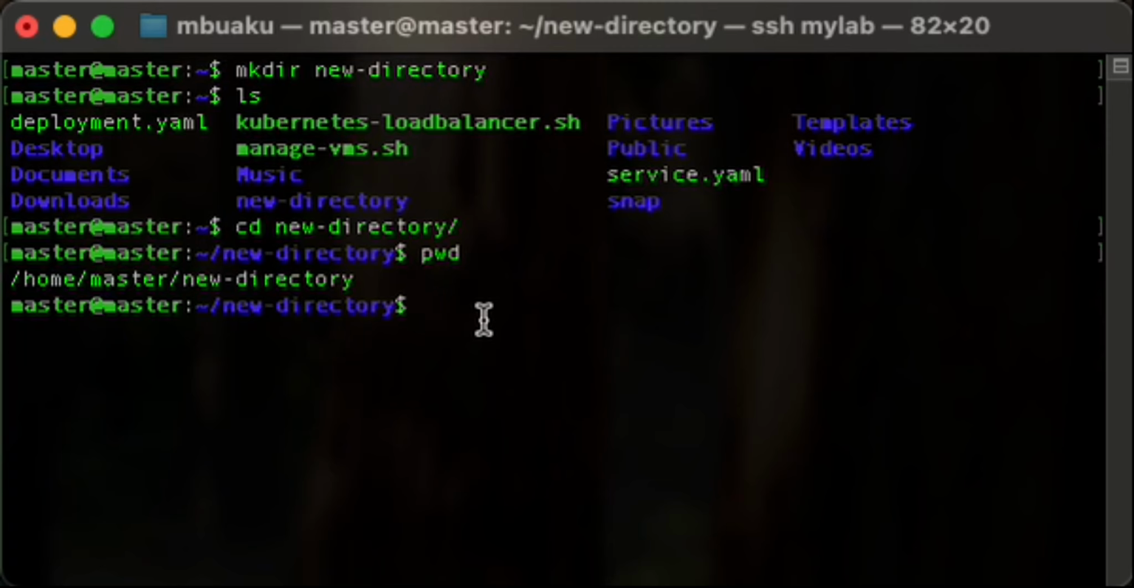How do you create files within this directory? There are many ways. I'm going to use the touch command. With the touch command, I can create multiple files at the same time. I can say, let's call it a Python file, for example, test.py. We'll do test.py, or say test.a.py, test.b.py,